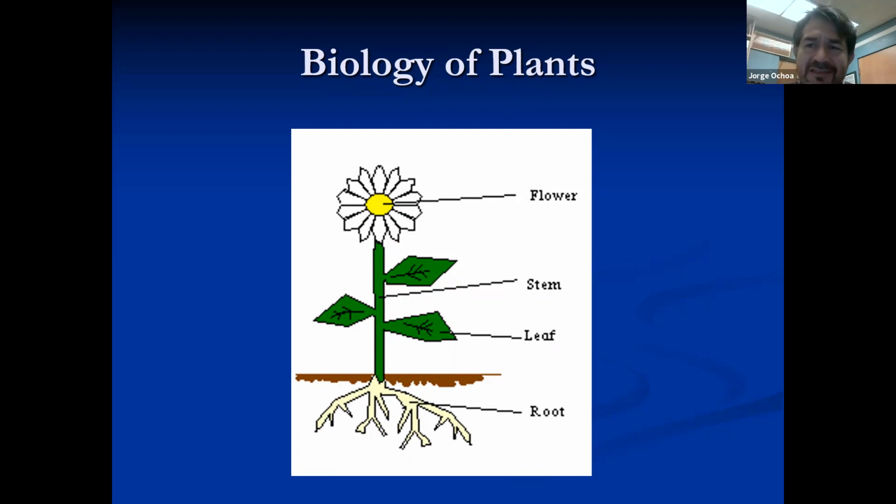And so we're just going to touch briefly on the biology and the anatomy of the plant. When we look at our plant for our purpose, we're going to find four main body parts. We're going to have a flower. Obviously, the flowers are going to be nice and pretty, and they're going to be for the reproductive component of